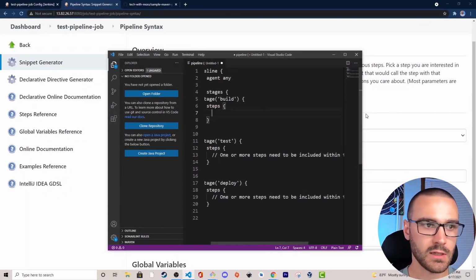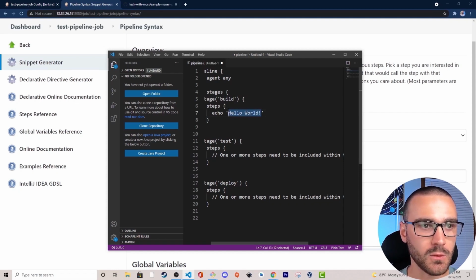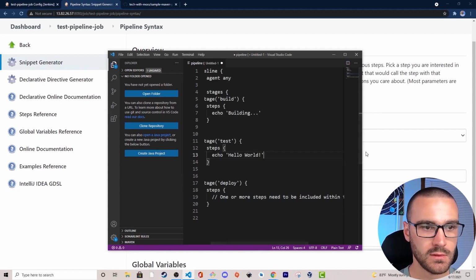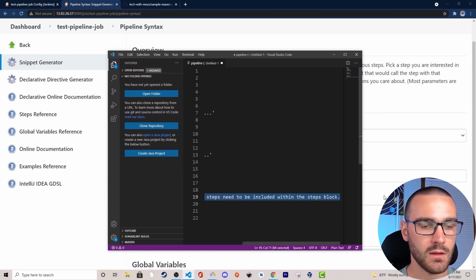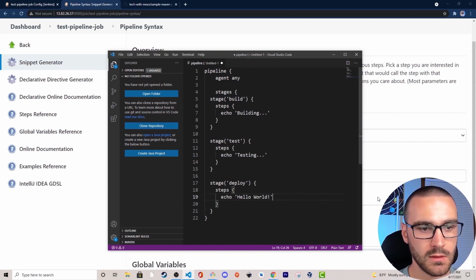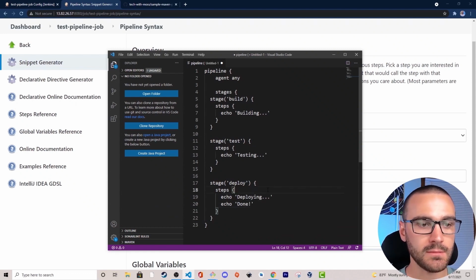All right, so I'm going to delete this comment here. I'll paste in the echo statement, and here we'll say building, and then for testing, as you can imagine, we'll say that we're testing, and then same for here, we'll just say that we're deploying. And then we'll add one more to indicate that the pipeline is completed. Okay, so this should be a valid pipeline, so let's go ahead and copy it